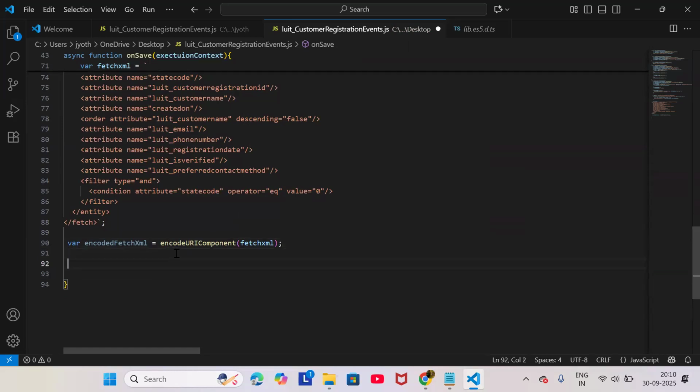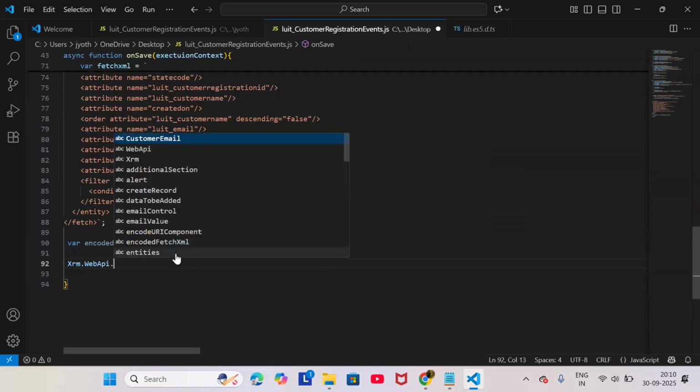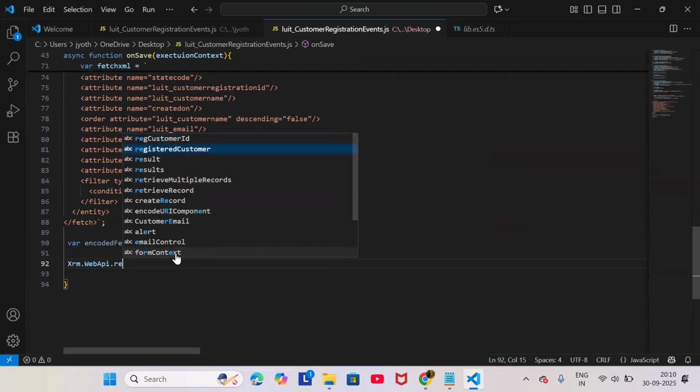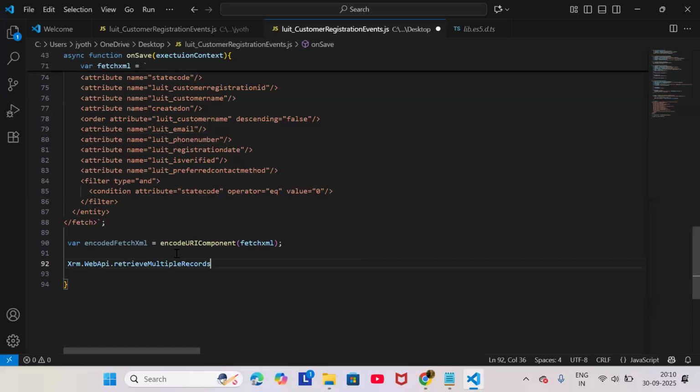Now I'm using my Xrm.WebApi call here, and you already know the syntax: Xrm.WebApi.retrieveMultipleRecords. Here we have to provide